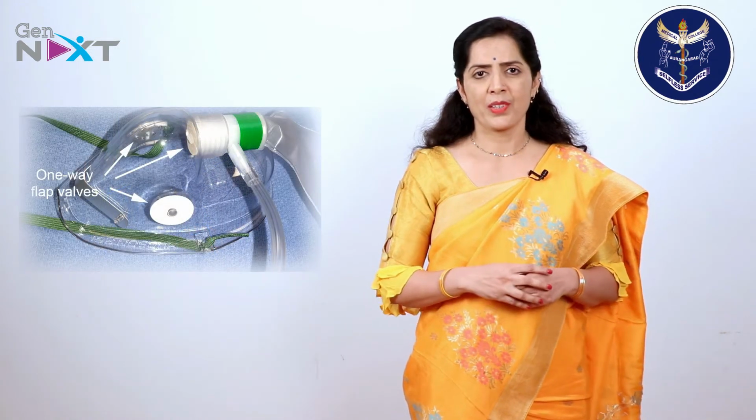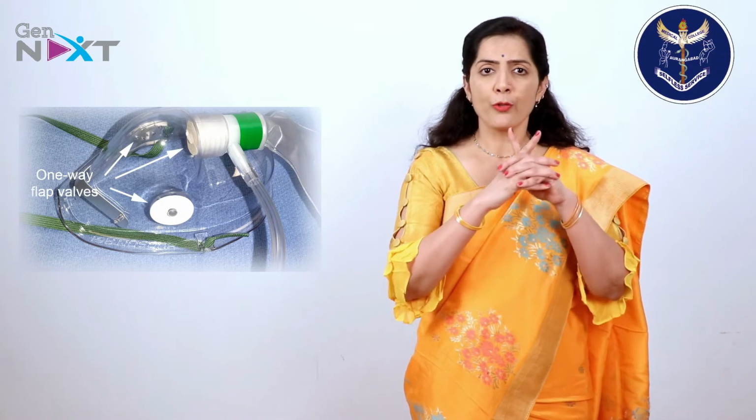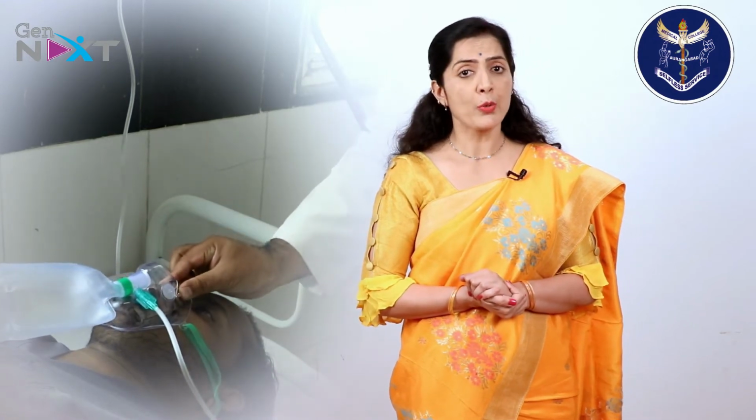The name itself suggests that there are two things, the mask and the bag. So, there are chances of wastage of oxygen through those things also. While applying the mask on the face, we must be careful. The nose clip should be on the nose properly, and the mask should cover the chin. And we have to check if there is any leakage in the mask. If we have to tighten the mask, then we can use the elastic and tighten it. So that is the first thing.